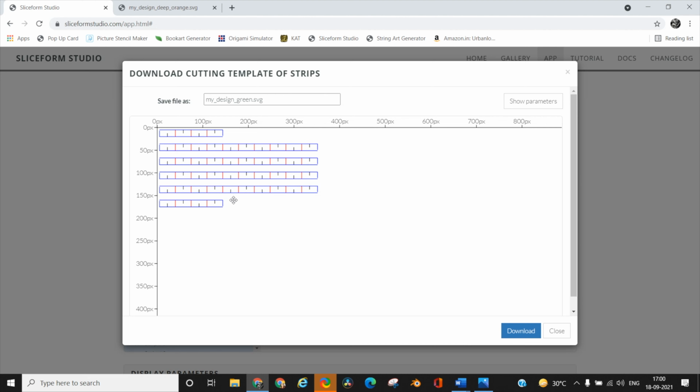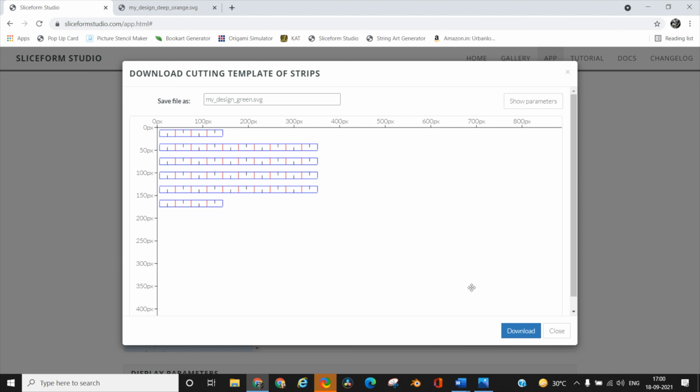Normally it's always alternate, one mountain, one valley, one mountain, one valley, but it depends entirely upon the design. How is it going to be? So you will again need to refer to the actual template image that you have captured before to do it. So this is one of the drawbacks that I have seen so far, but the art form is well worth this drawback, so I still enjoy making these slice forms.